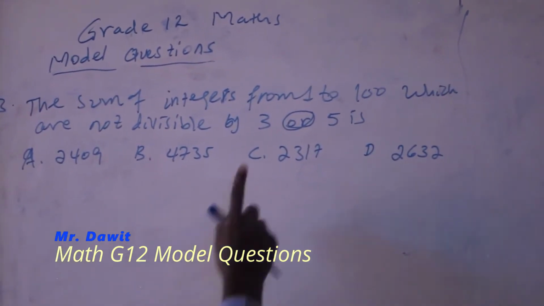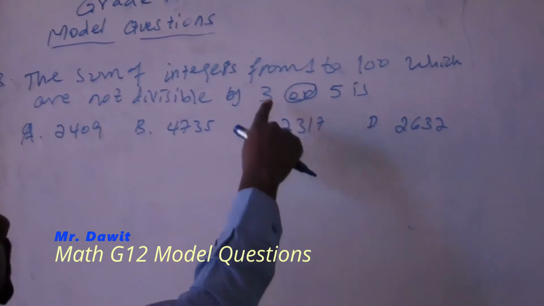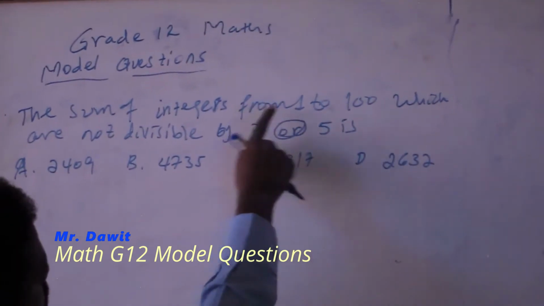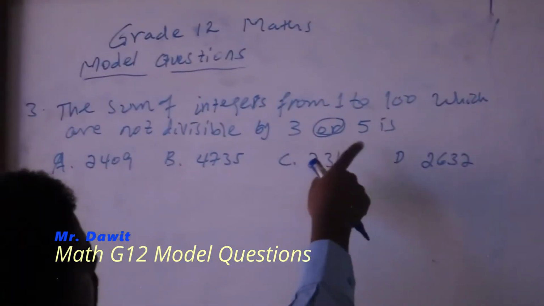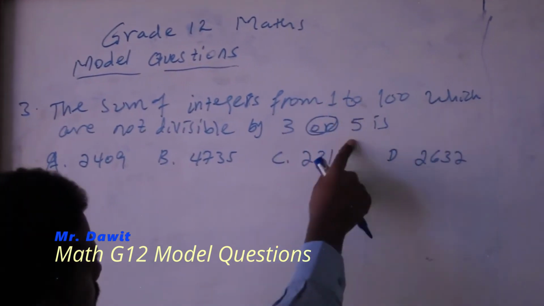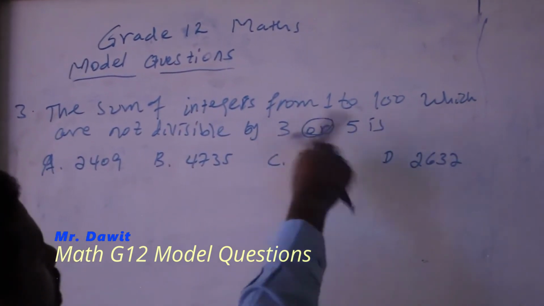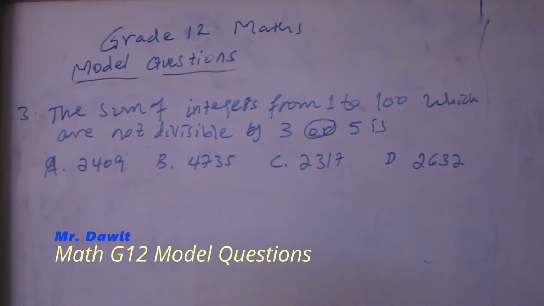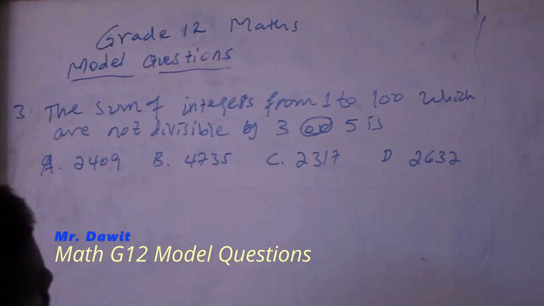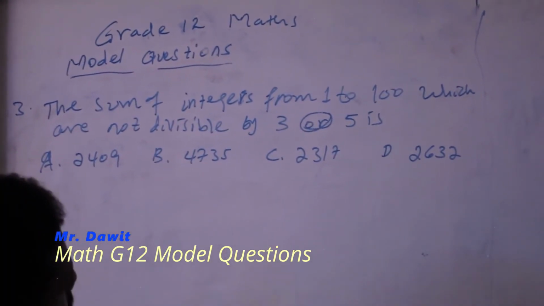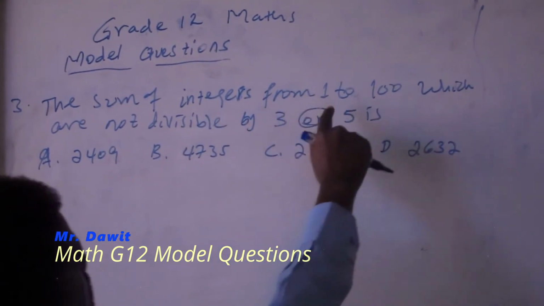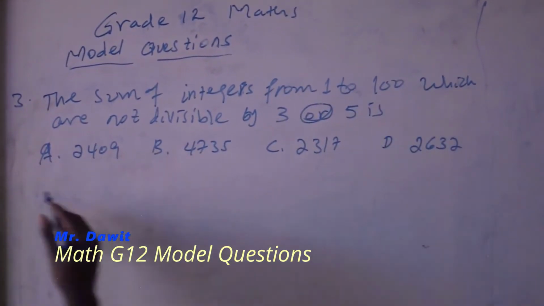If we don't know the numbers, the total count of numbers from 1 to 100 is divided by 3 and divided by 5, and again by the LCM of 3 and 5. This question becomes somewhat difficult. So first we have to find the sum of all natural numbers from 1 to 100. To find this one,